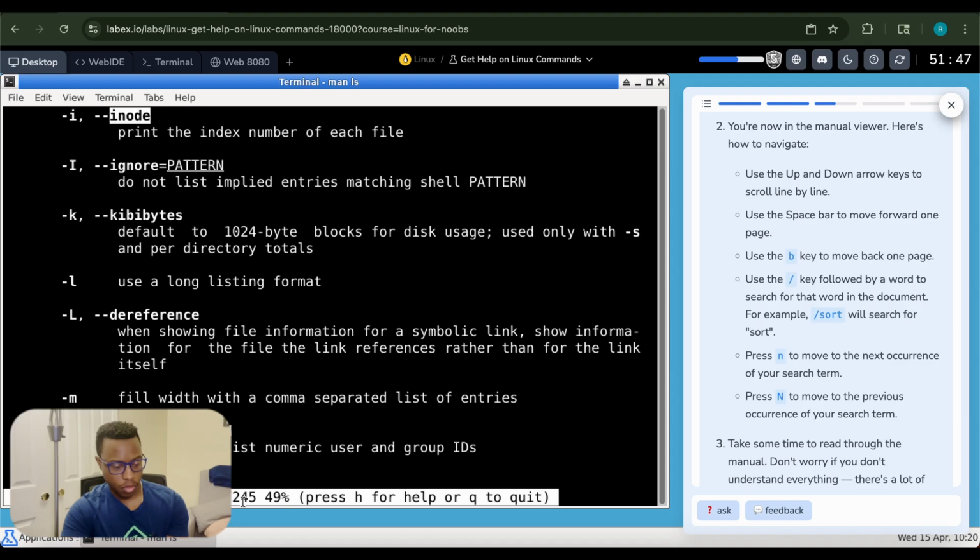Okay, cool. Oh, and it tells you how many lines. This is pretty cool. So this is the manual page for ls, which is what we did. We did the man ls command on there. And now it's giving you information about it, saying we're at line 103 of 245. So almost 50% through this. Was that 50%? That doesn't seem like 50%, but maybe. Right? 250 divided by 2 is like 125. All right. Math maybe isn't my thing, but